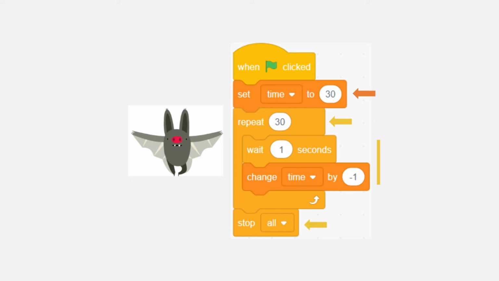After the loop is finished, the game must be stopped. To stop the game, we can use this yellow block.